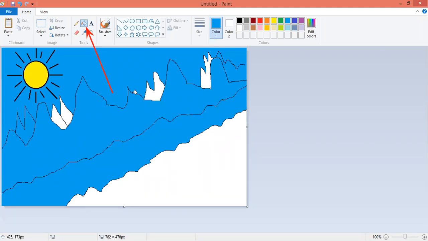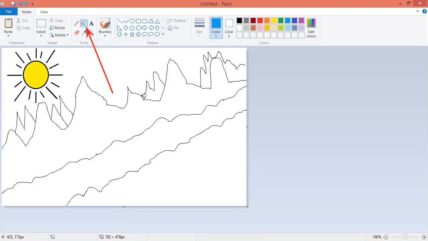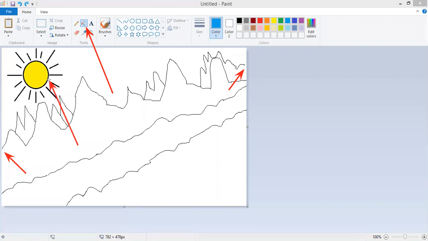Why did the color go into the mountains? Because if you focus on the left and the right corner, on both sides, the lines are open. So if you put the color in an area where there are no lines, it will get out. The color stays inside the sun because there is no way out of that circle.